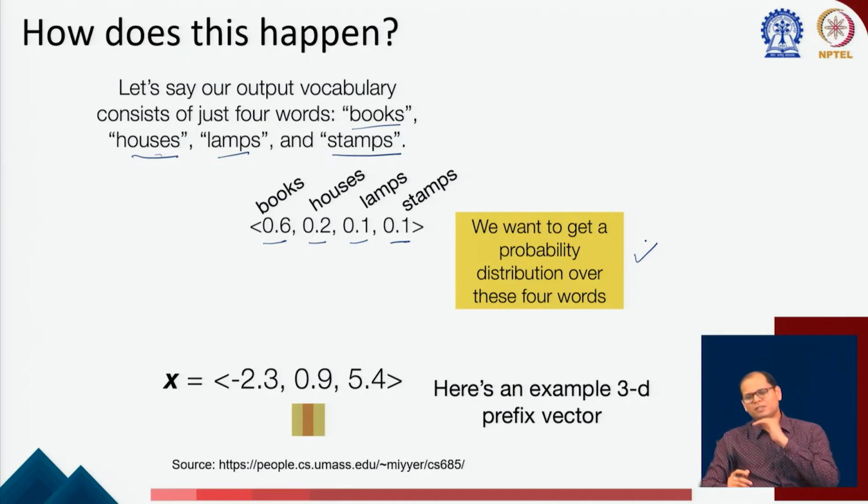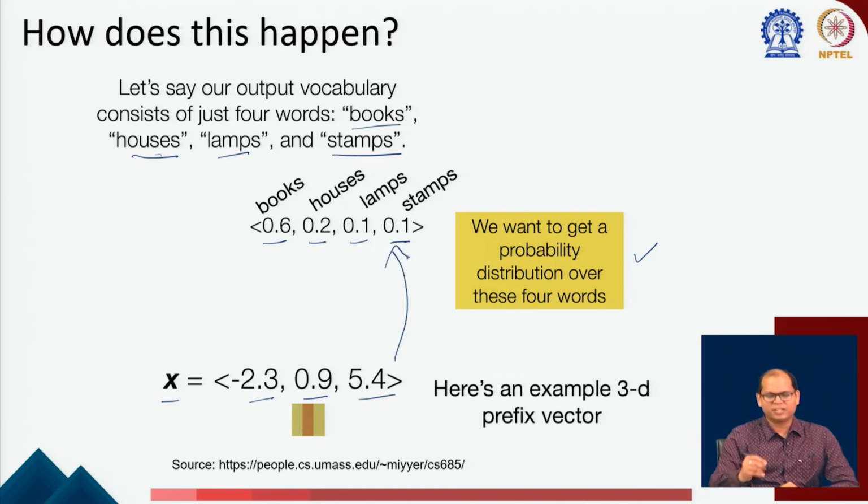And what is our input? Input is a composed phrase representation. Let's say that's also just a 3-dimension representation. And this is my input, minus 2.3, 0.9, and 5.4. So I have this input. I want to predict a distribution, a probability distribution. So how would I go about that? So what you will need to do,